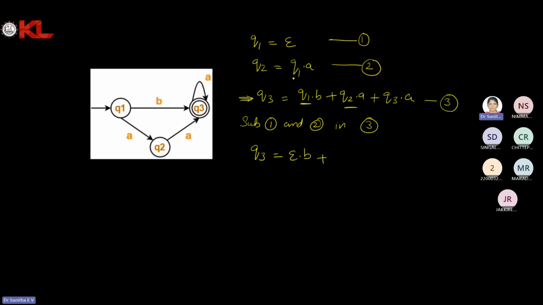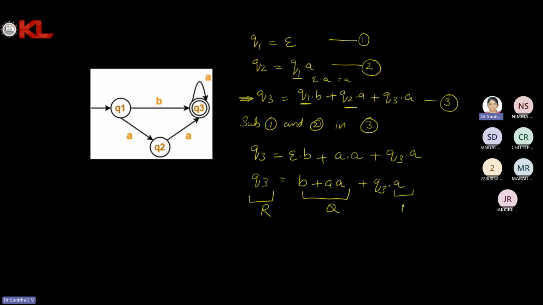Q2 is Q1A, and what is Q1? Q1 is epsilon. So this can be rewritten as epsilon A. So Q2 can be rewritten as A. So it is A dot A plus Q3A. Okay. So it is like B plus AA plus Q3A. So this can be considered as R, then this can be considered as Q,